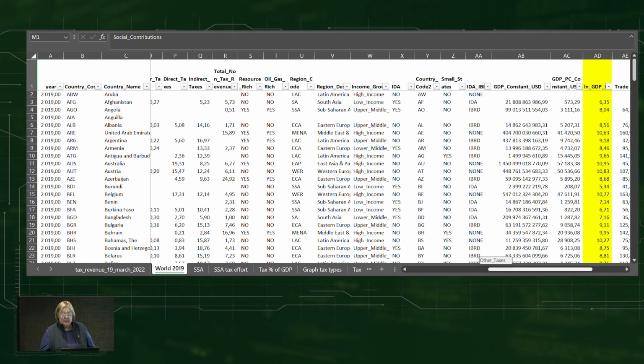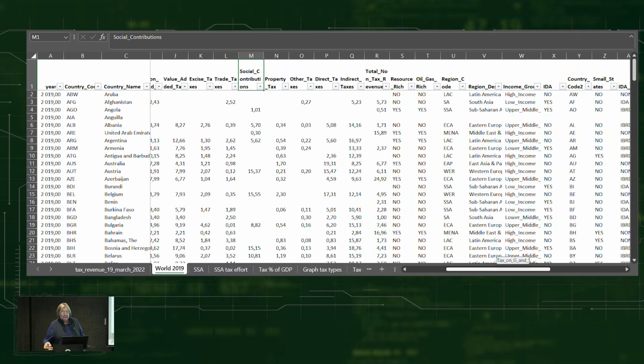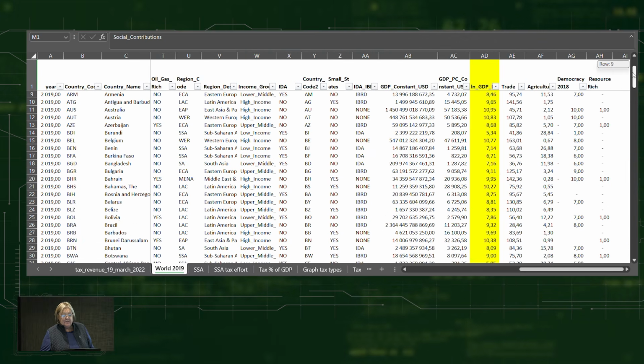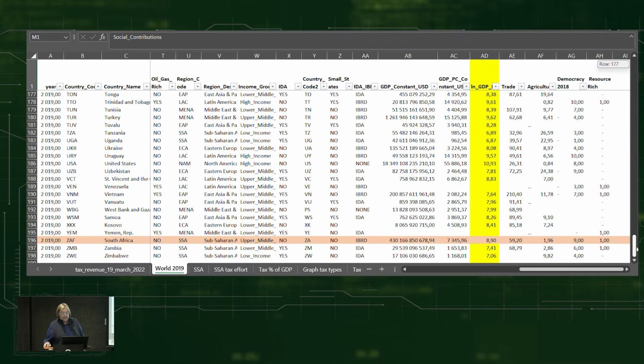And then I think they've also got it here for Latin America, and they've got it for the regional. So they've got South Asia, Eastern Europe, Middle East, and then they should actually have one for Sub-Saharan Africa, or for Africa. So then they're just going to classify these countries into the regions. Just want to see what regions they have here. I think we're part of this. Yes, can you see I've color-coded it here for you? We're Sub-Saharan Africa. South Africa is Sub-Saharan. Can you check where your country is and whether it is classified in Sub-Saharan Africa?